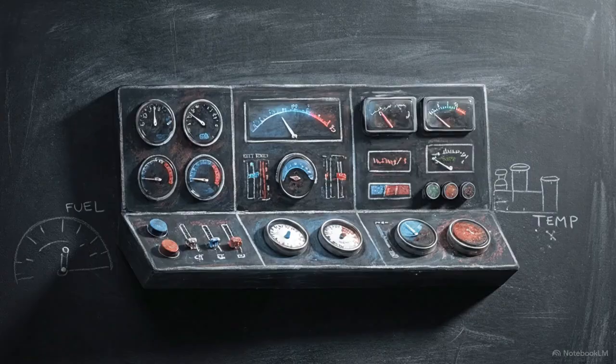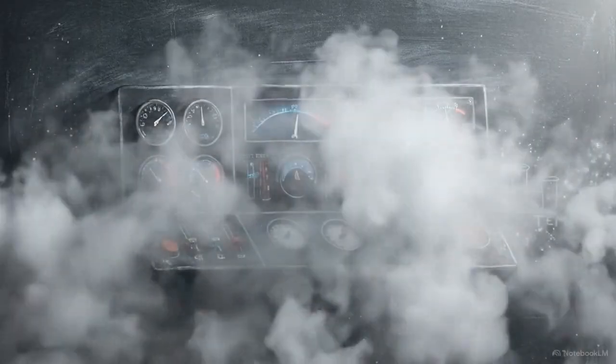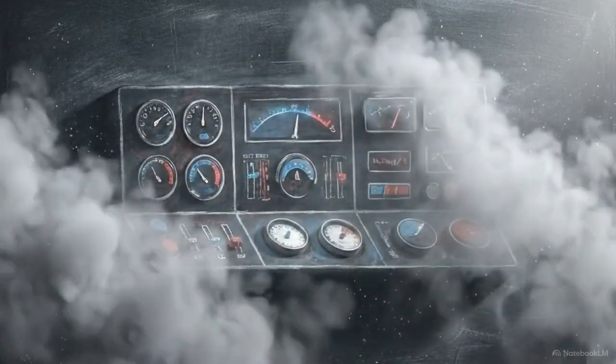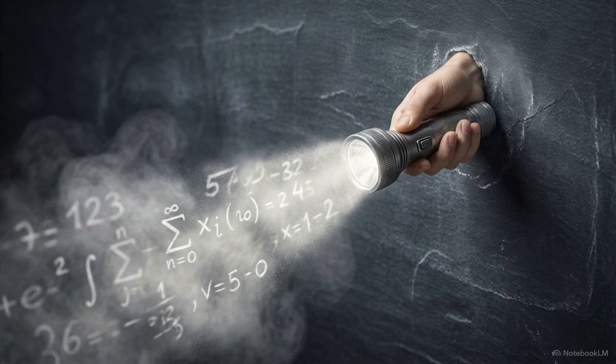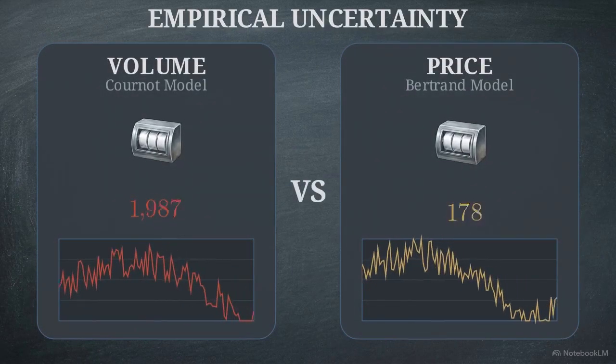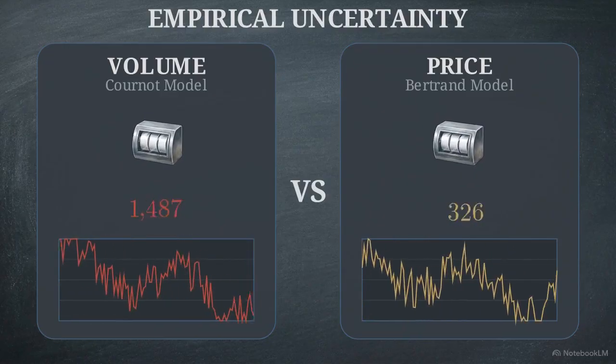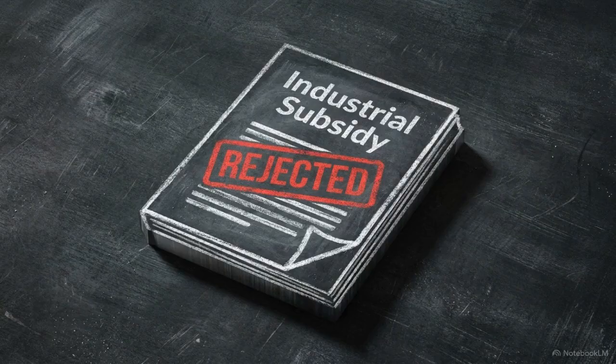If the math for capturing wealth is this clear, why do economists still reject this strategy as a practical policy? The first issue is empirical. Real governments lack the precise data needed to fill in these matrices. They are making decisions in a fog, with no way to know the actual values of the returns they are chasing. Small miscalculations about how an oligopoly behaves, like whether firms compete on the volume of production or the final price, can make a subsidy actively destructive to the nation providing it.